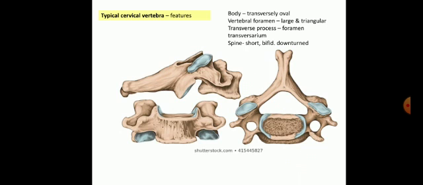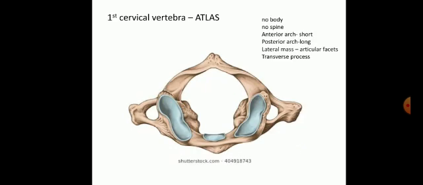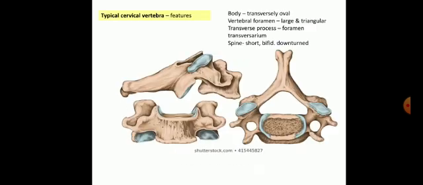The body is connected to the lamina by means of a short pedicle. At the pediculo-lamina junction, we have the superior articular process, which bears a facet, and then we have the inferior articular process with a facet. We also have the transverse process, and then where the two lamina meet, we have the spinous process. So these are the parts of any vertebra.